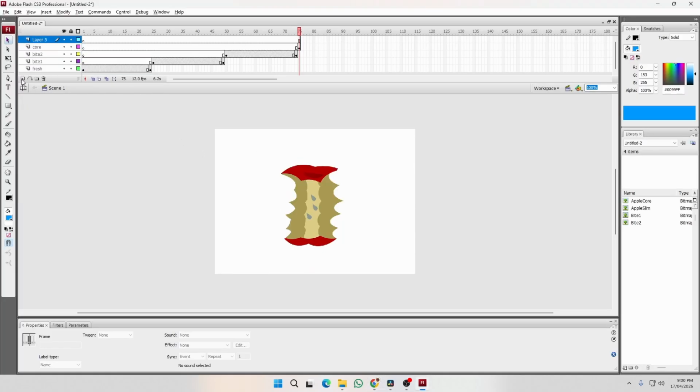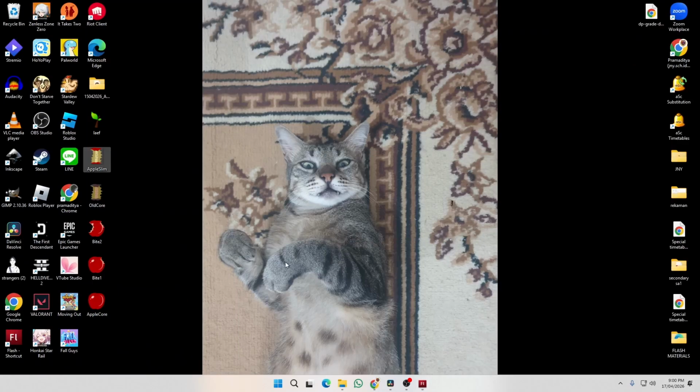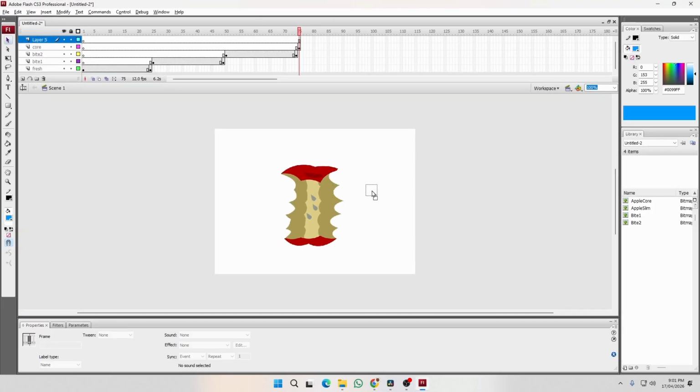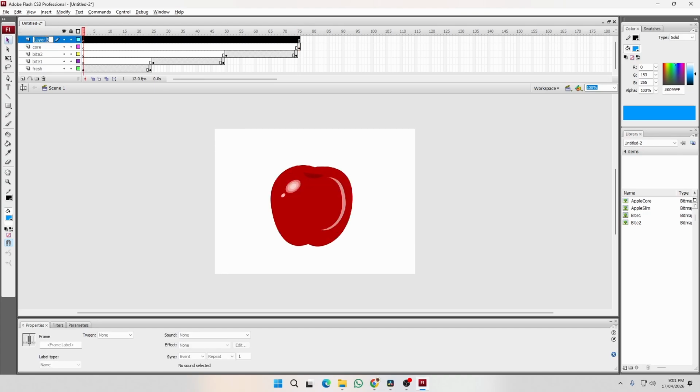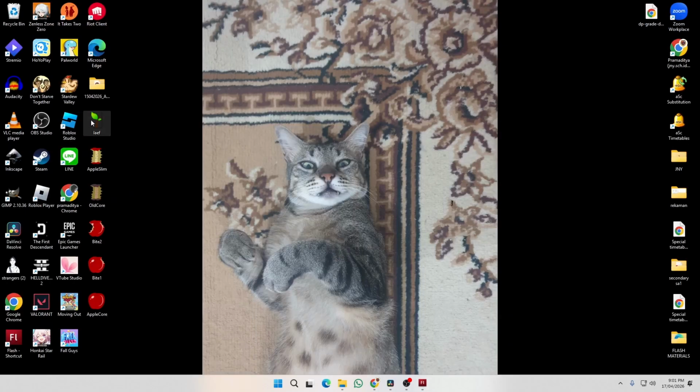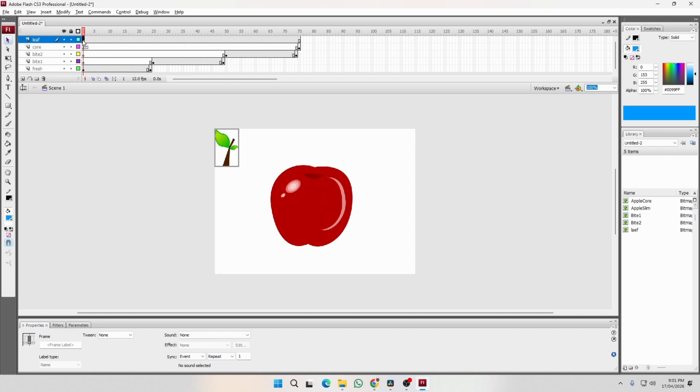So I'm going to add another layer on top of the core, which should be the leaf. But instead of having the leaf only appear at the end, we want to make sure that the leaf exists in the beginning. Okay, not the end. So I'm going to remove that for now, and then go to the beginning of the frame and add a new layer. I'll call it leaf layer, and make sure that it's selected. I'm going to put the leaf there while it's selected. So now the first keyframe has the leaf. I'm going to put the leaf here, or the stalk here,